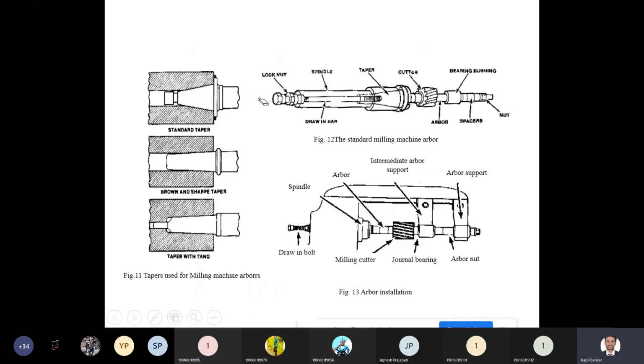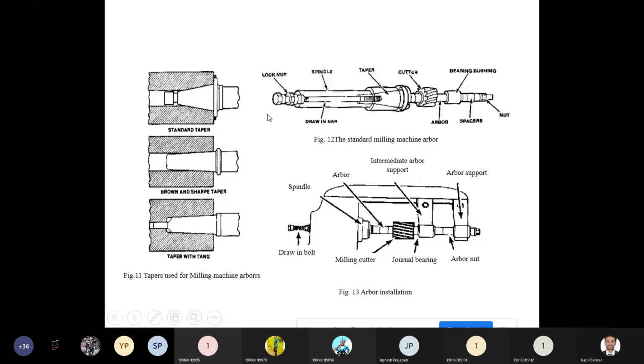Now, this is Arbor installation. How can you install the Arbor? On one end, the Arbor has a taper section, so that taper section can be inserted into the spindle. See here, this is the spindle, a hollow spindle. And this is your Arbor. One end of the Arbor has the taper, so that taper section can be inserted into the spindle, and from the opposite side of the spindle, one rod having